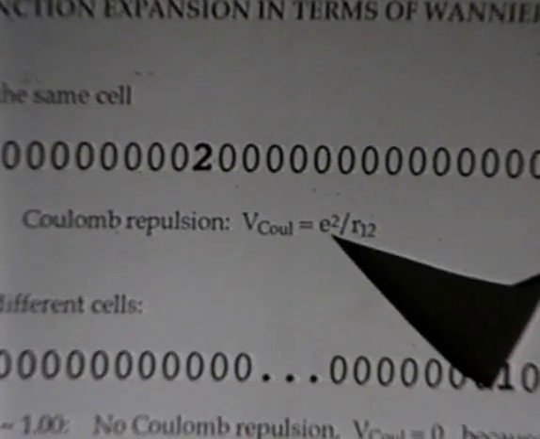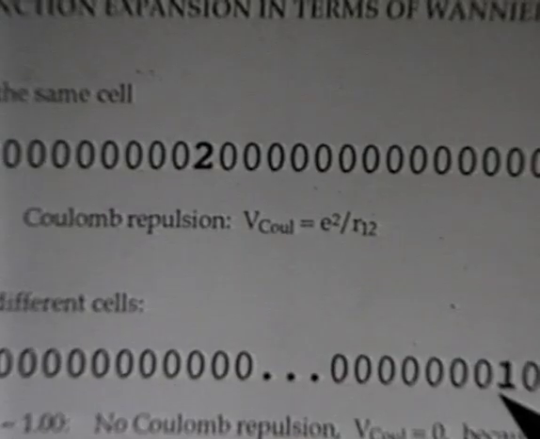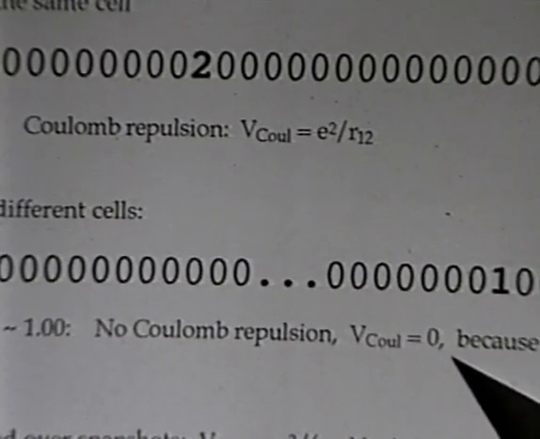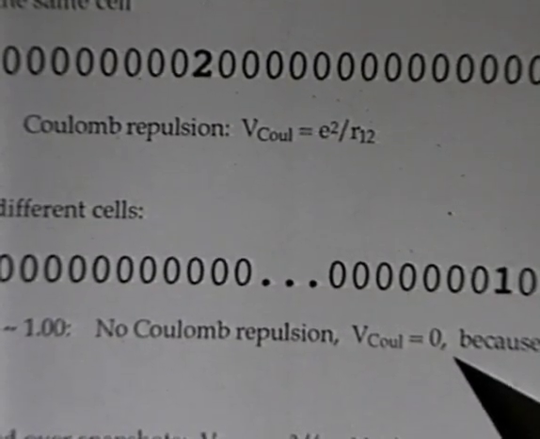And to illustrate this, we can look at the crystal with the two ions in it. We can look at all the unit cells of the crystal. And sometimes these ions end up both in the same unit cell. All the other unit cells are empty because we're talking about only two ions. And in this case, the Coulomb interaction potential is this normal value, e squared over r12. But the rest of the time, they're in separate unit cells, and then their Coulomb interaction is 0. And as I say, the eigenstate of the system is the average over all these snapshots of these virtual states.